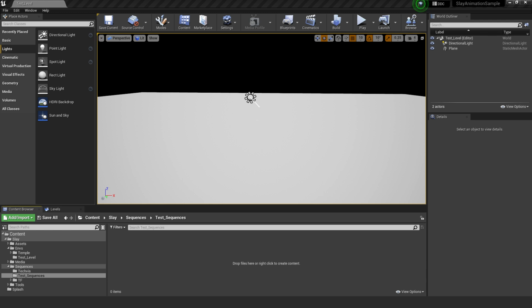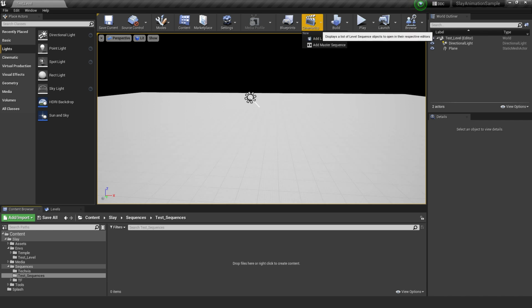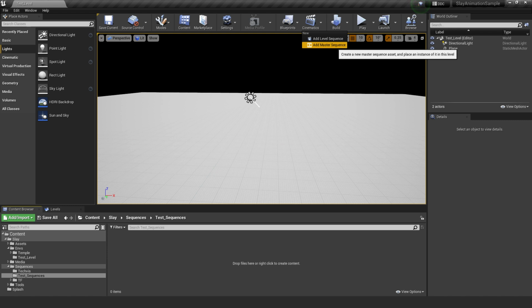Let me go in and show you the sequencers that we're going to be dealing with. You go all the way to the top, click on cinematics, and from there there are two different types. One is a level sequence and one is a master sequence. The one you'll be commonly using, effectively your bread and butter from here on out if you start using sequencers more, is the level sequence, as that's where you'll be throwing in all your assets, all of your keyframing of your lights, spawning in stuff, spawning out stuff.